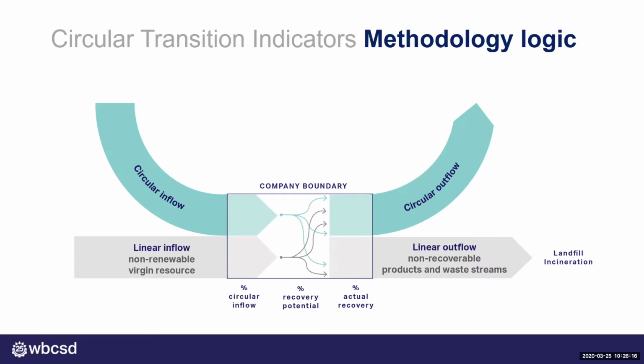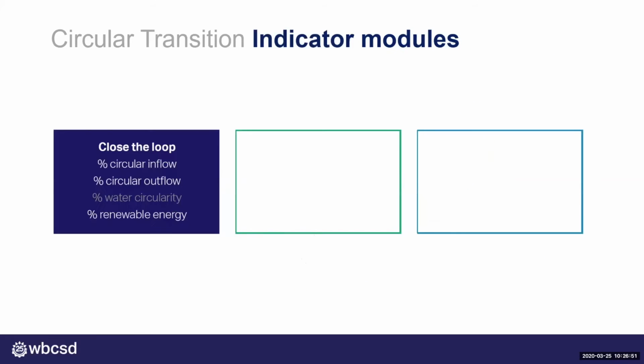Secondly, it looks at a flow recovery potential at the point of design. Does the company assemble or treat its materials or products so that technically they can be repaired, refurbished, or recycled? And lastly, it looks at the point when materials leave the company boundary. To what extent does the company use its business models or work with its value chain partners in order to ensure that materials and products in actual effect get reintroduced into the economy after their initial end of life? So that is how a company's ability to close the loop of materials is evaluated.